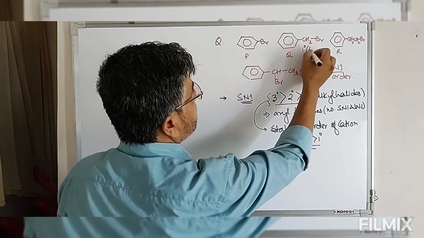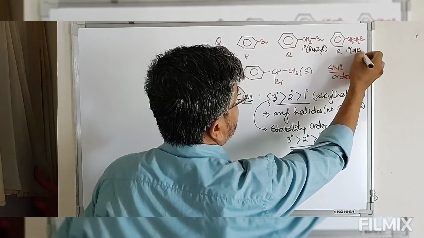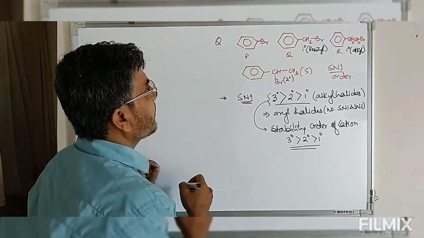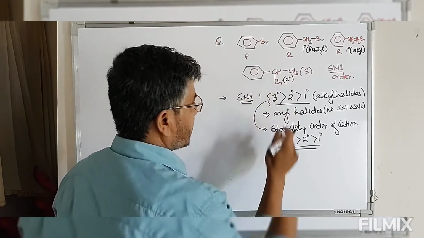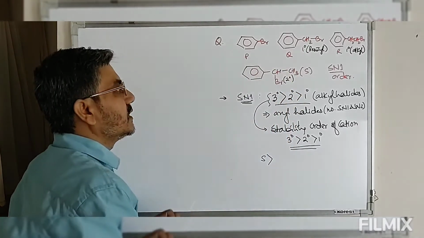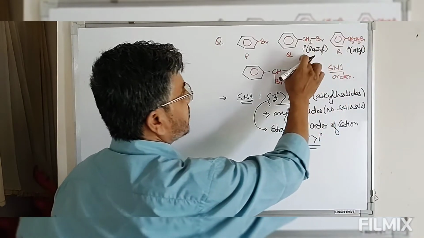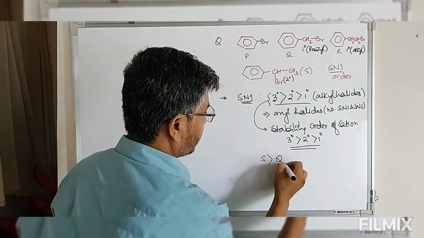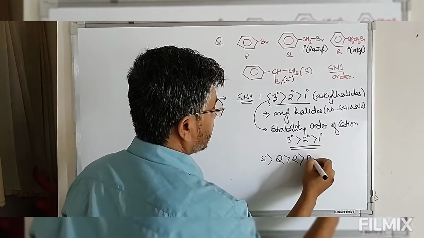this is also primary, but this is benzyl, this is primary, but this is alkyl, this is secondary benzyl. Now, the secondary benzyl has to be the most reactive, so this compound H should be the most reactive because this will give you secondary benzyl cation. Then look at it, this will give you alkyl cation, but this will give you benzyl. So benzyl cation is more stable than alkyl cation. So after this we'll have Q, then we have R, and the least reactive will be P.